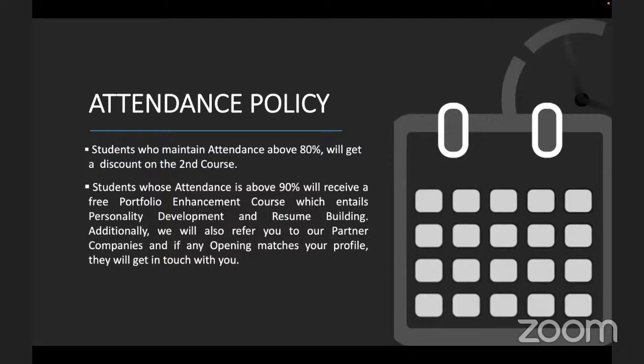So what would happen if you have an attendance above 80% is that if you take up another course with Verzeo, then you would be getting a certain amount of discount on that second course, provided you have attendance over 80%. And students who have attendance above 90% will receive a free course from our end to enhance their portfolio,